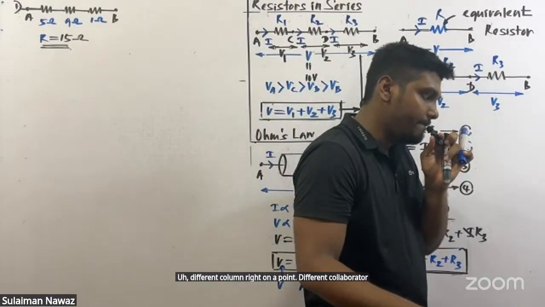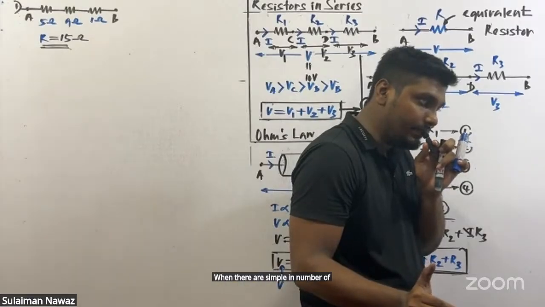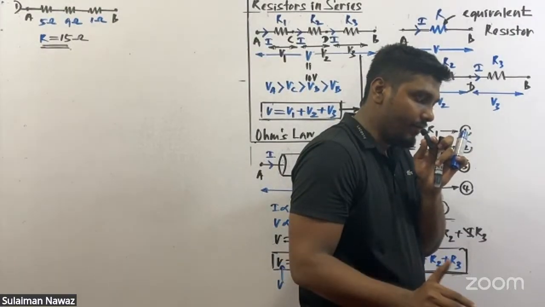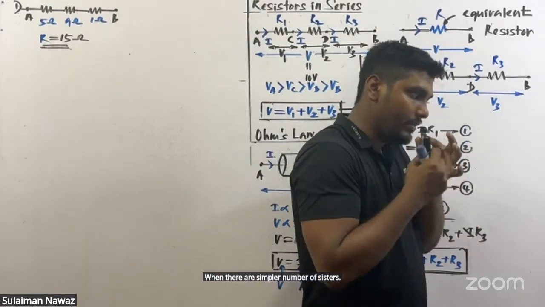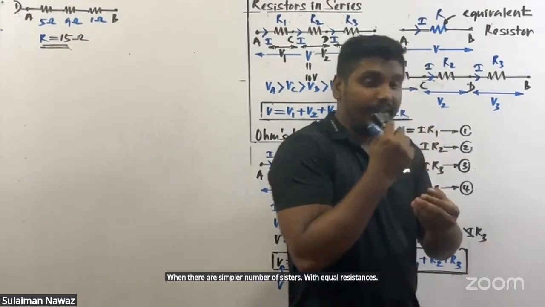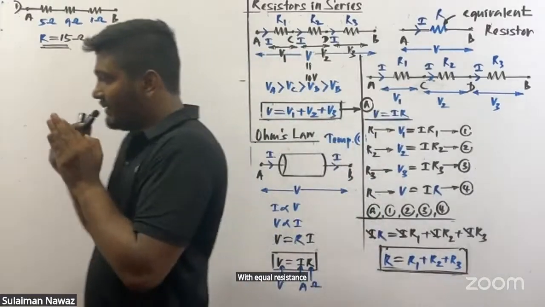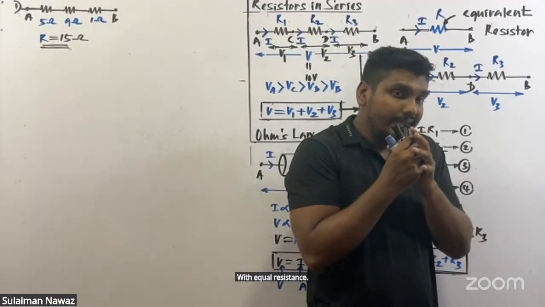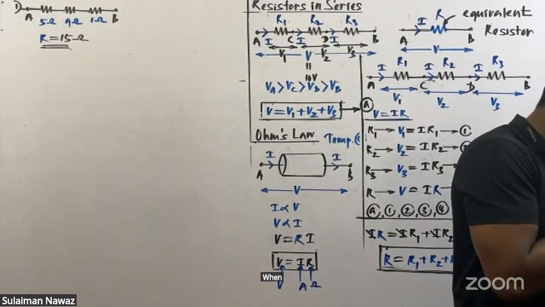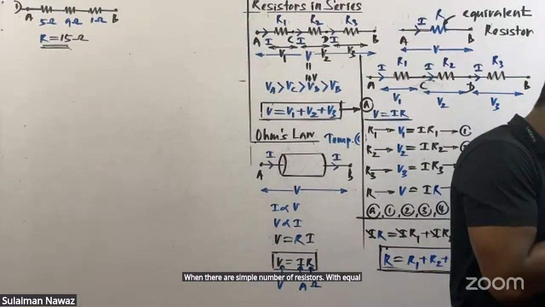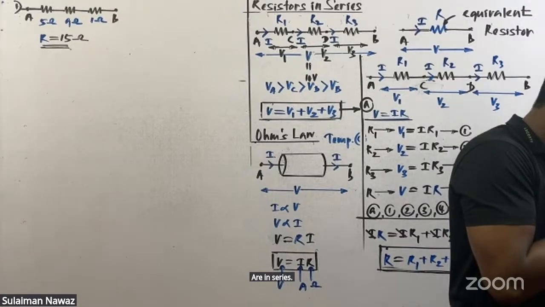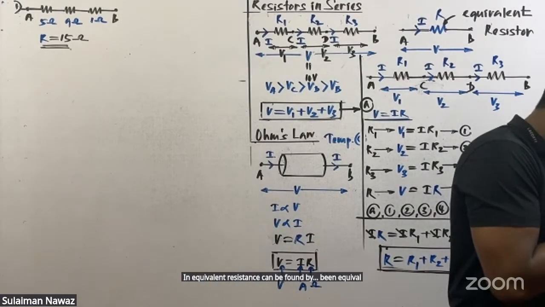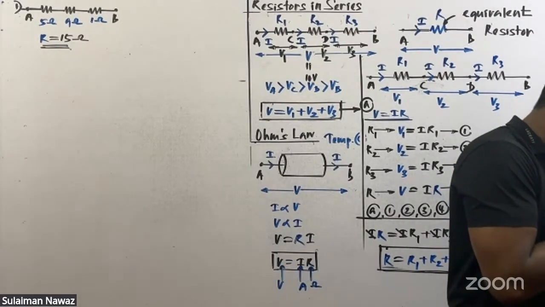When there is a number of resistors with equal resistances in series, then the equivalent resistance can be found by